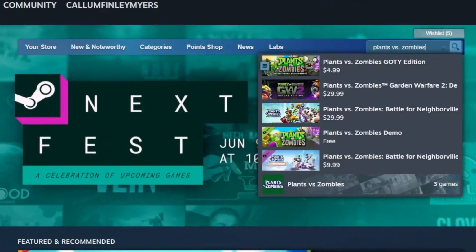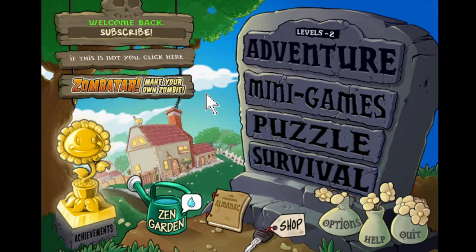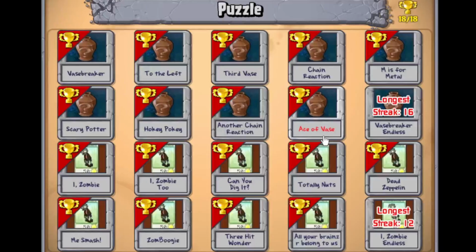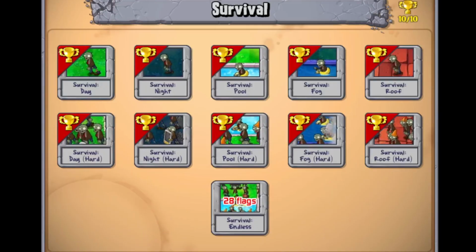Plants vs. Zombies is currently $5 on Steam. You get a lot of content for $5, but like, how much? Well, let's see. In order to see all the content the game has to offer, we have to do 50